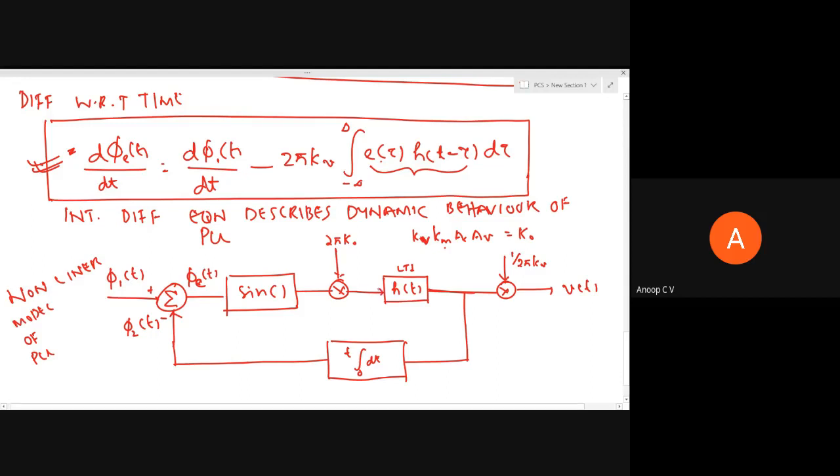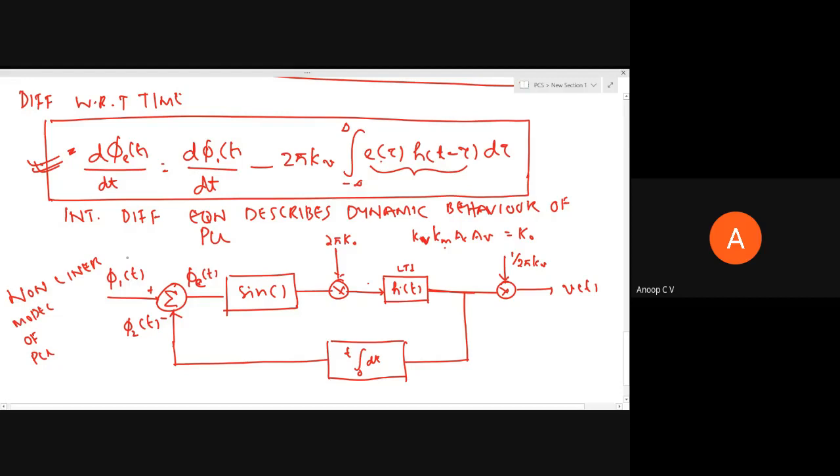So here, what we'll be getting will be E of t convolved with h of t. That is passed on this integral, obtained as a convolution integral. So this signal is passed through an LTI system. So this integral is taken care of. Then how to get phi? This E of t is nothing but what? Sine of phi of t, of course with some coefficients multiplied, right? So sine of phi of t is nothing but E of t. This phi of t in turn will be obtained by phi 1 of t minus phi 2 of t, right? So phi 1 of t is nothing but what?